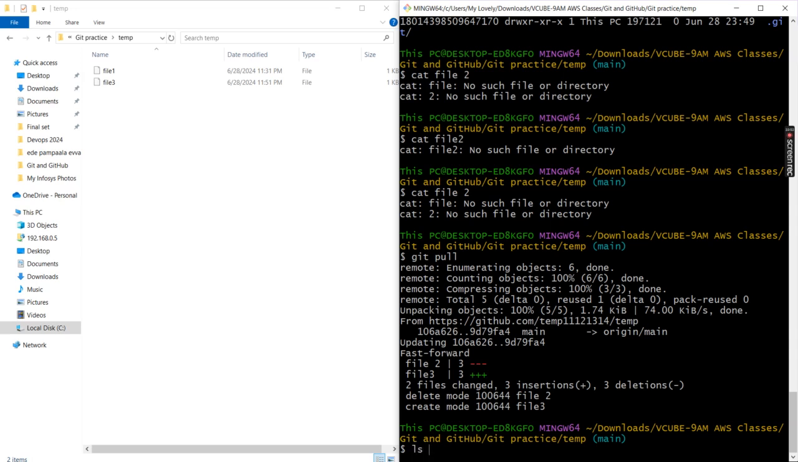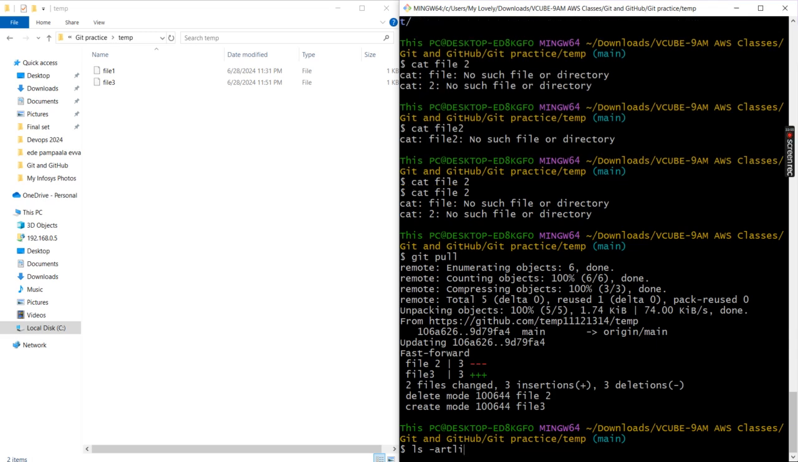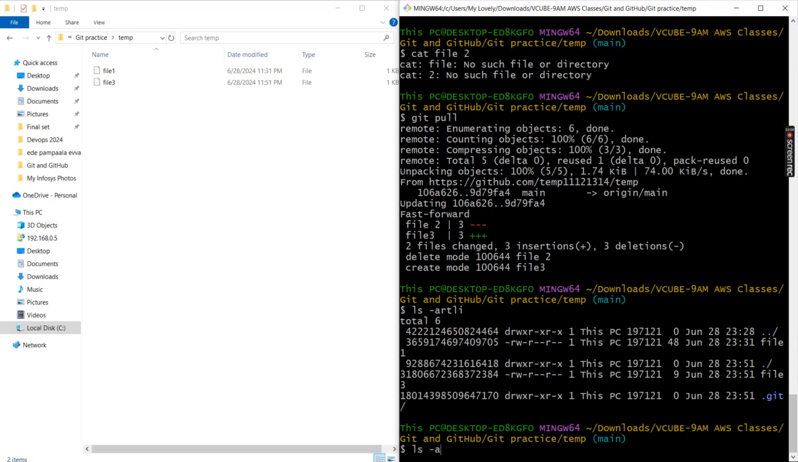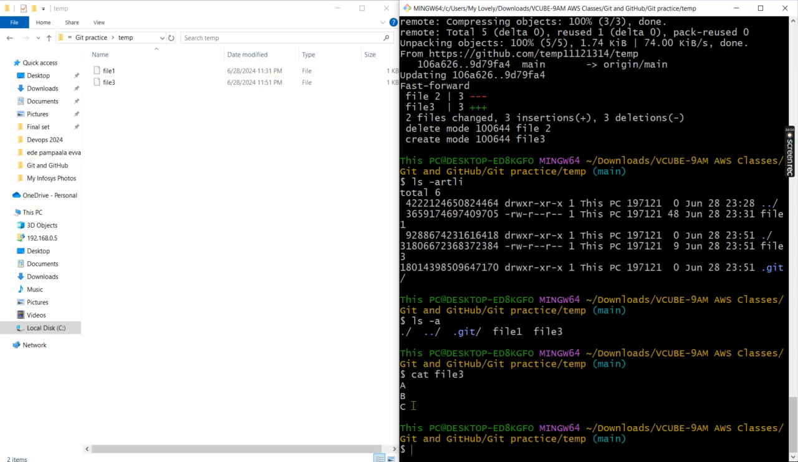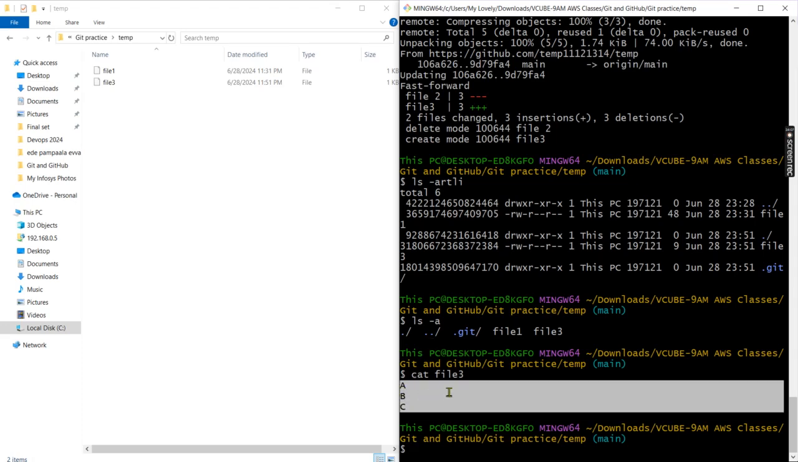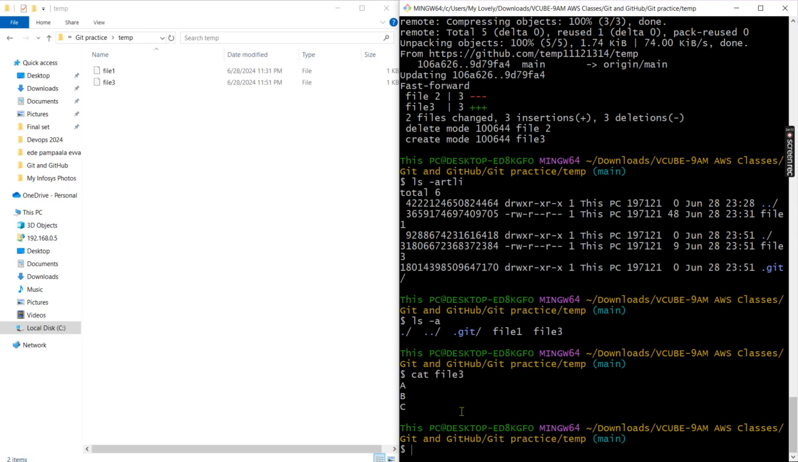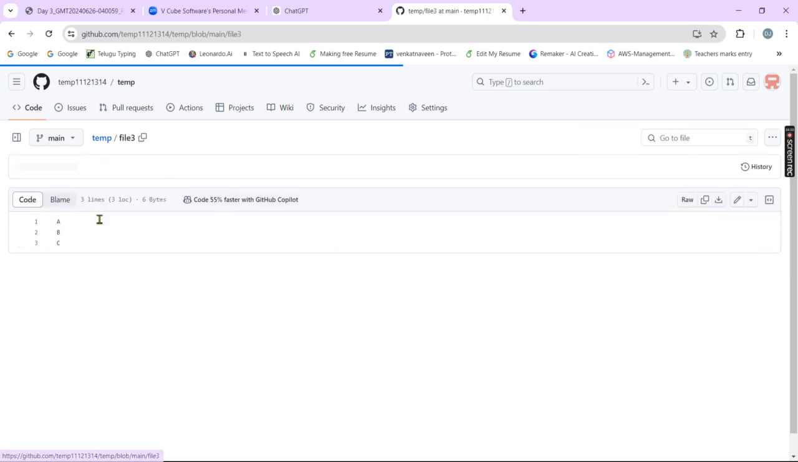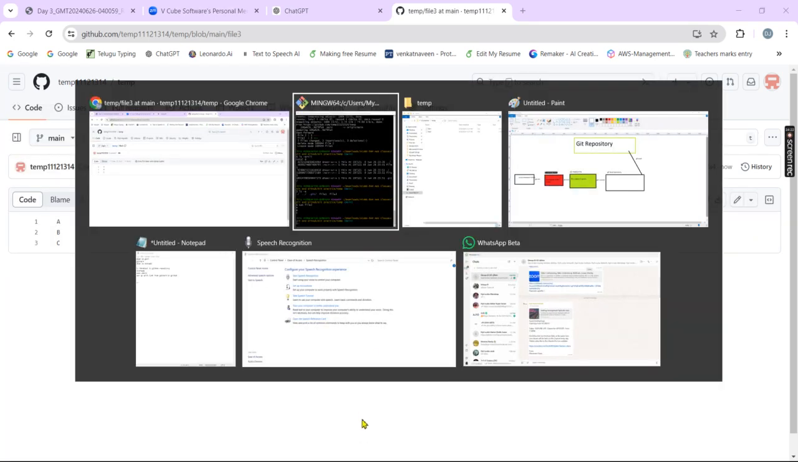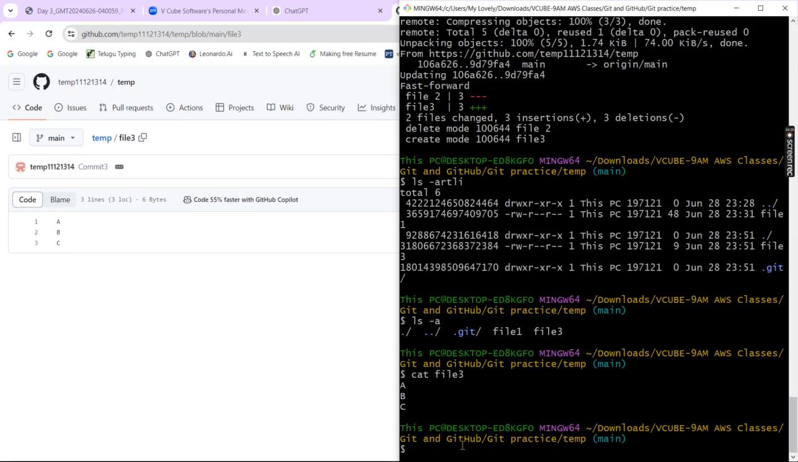ls, I commit file 3, cat file 3. See what we wrote there, ABC, it came here. Actually, you should not give space. I just gave a space like file space 2 there, so it is not recognized. It's okay. What we wrote in file 3 is appearing here. In this way, we need to use our Git tool to connect to GitHub and